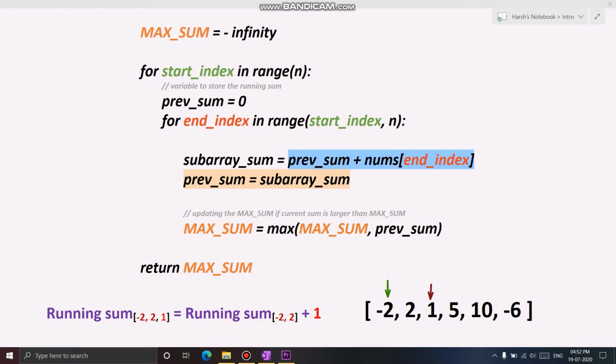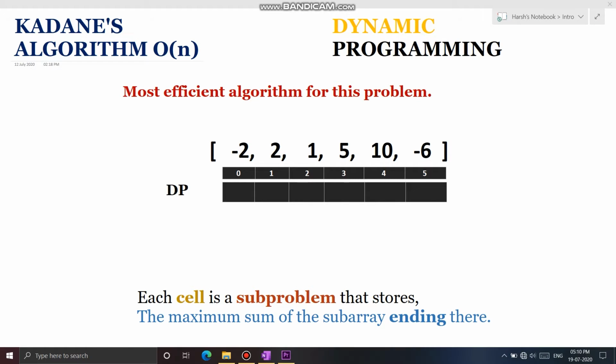So now it's time to reduce time complexity even further to big O of n by thinking in terms of subproblems. There are many efficient ways to solve this question, but the most efficient one implements Kadane's algorithm, which is a dynamic programming approach in which we reduce a big problem into subproblems and solve all those subproblems to answer the big picture. You must always remember this. In order to understand dynamic programming, you must learn how to break down a big problem into subproblems and how those subproblems relate to each other in order to solve the main question. So dynamic programming is about subproblems.